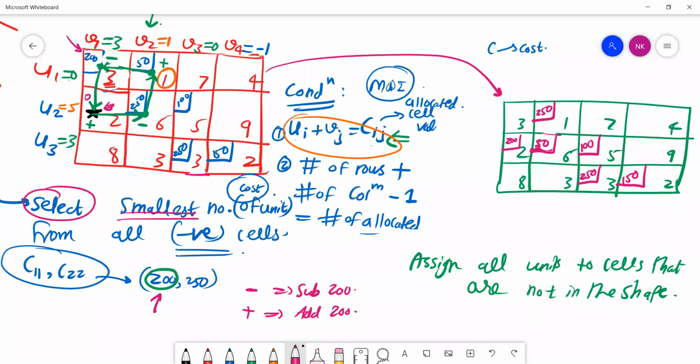Correct. See, over here, what our main purpose is, we are having demand and supply. We cannot exceed the supply and the demand. We cannot have a misbalance from what is being given to us. Since we are forming only the loop with the vertical and the horizontal line, and this particular loop is a closed loop, there will always be an even number of corners. That is the theorem which has been applied over here.